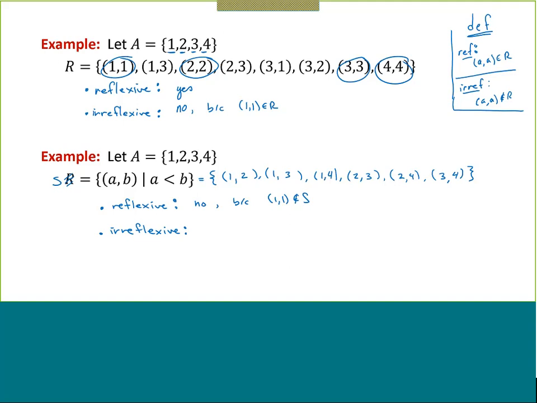Yeah, so this one, because it is missing all of those doubled up ordered pairs of the 1, 1 through 4, 4, would actually be a situation of irreflexive. These two are actually special cases of types of relations that